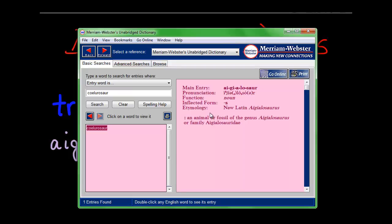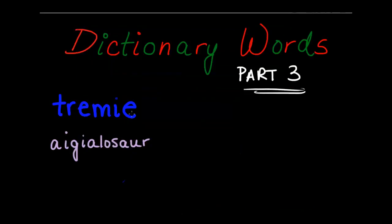Aigialosaur. That's the proper way to say it. Aigialosaur. It's a great word. Again, the G is important because it points to the fact that the word comes from Latin, because Latin doesn't use a J. Make sure to go back to the Latin videos to review those rules if you need to brush up on those. But again, it's a great word, great definition. It's an animal, so that makes it a good word. Aigialosaur. Okay, word number 3 is another good one, a French one,